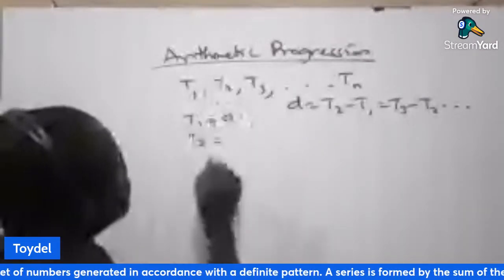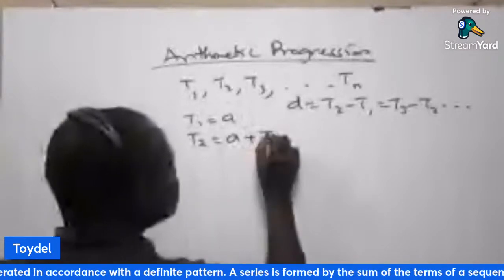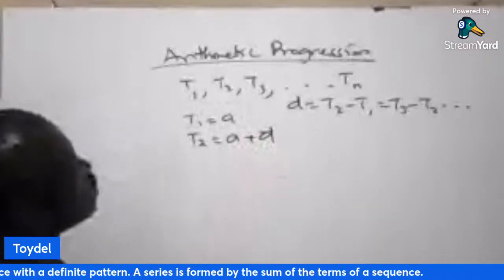How do I get the second term? The second term will be A plus D, the common difference. From the example that I gave,